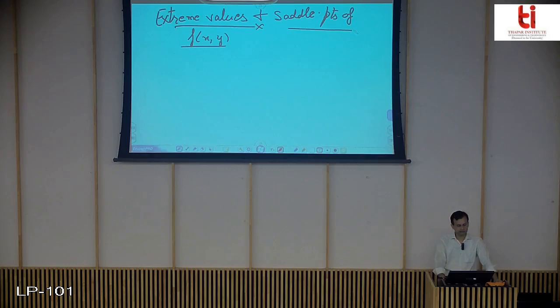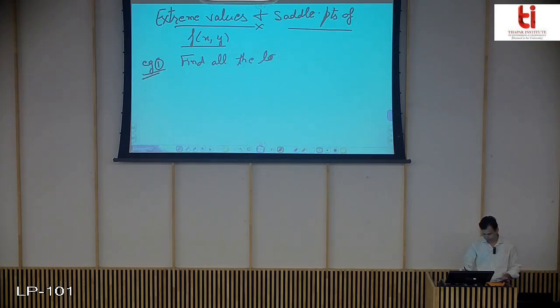So these are the things we did, and we also did something about the concept of a saddle point: if a given point is a critical point of function f(x,y), then it is not necessary that there will be a maximum or minimum. However, there can also be a saddle point at the given point. So let us see now how to find these extreme values and saddle points by considering an example.